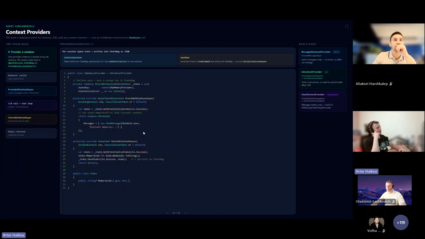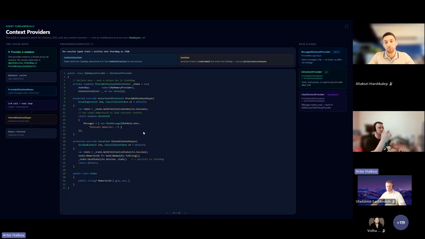Okay, and what we need to understand next. It looks like magic when we just create a session and somehow the conversation is stored somewhere, but in reality, we have a dedicated functionality for it, and it's based on the context provider class. What it means, for instance, if you need to extend your request to LLM, but the user won't see what will be sent to LLM with additional information.